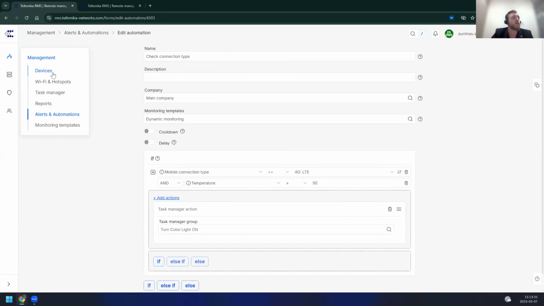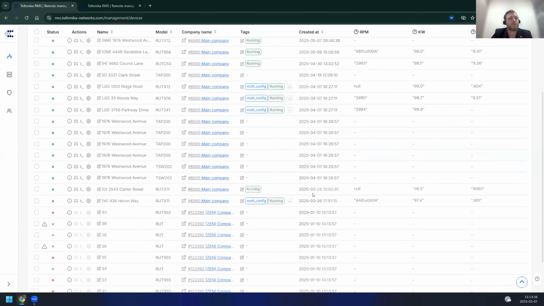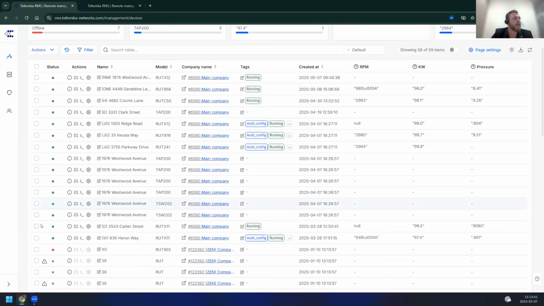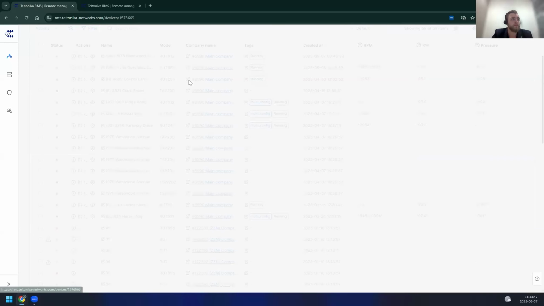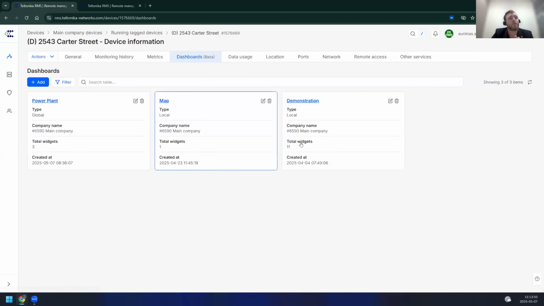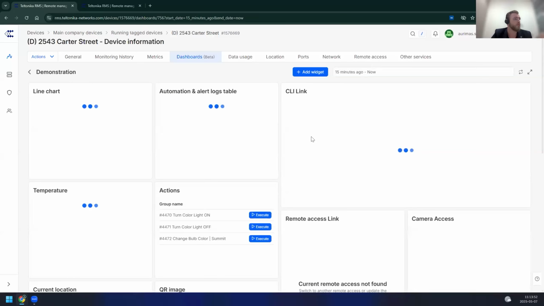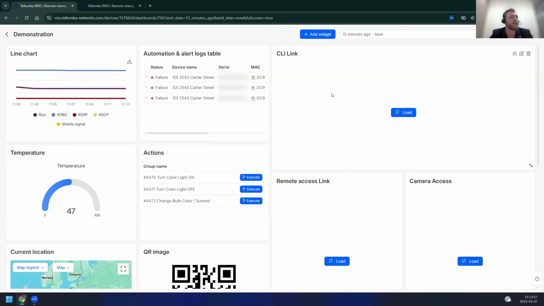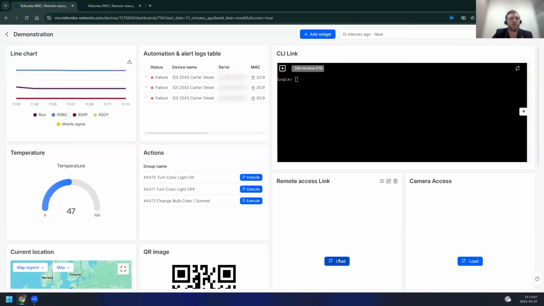With all of this new information, we felt it necessary to basically improve the visualization of all of this new info. So we implemented a dashboard functionality. You can create multiple different dashboards with any relevant information. And in this case, this is what is being gathered from this demonstration device. I can visualize information with multiple different charts and graphs,